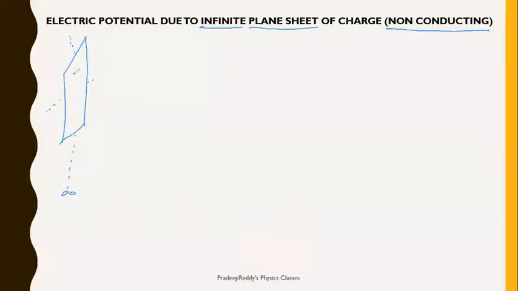Charge will be there even on the surface also. So if we take a sheet, even though it is a very thin sheet, for electrons its width is very large because electron size is very small, of order 10 power minus 31. For an electron it is very large, but for us its thickness is very small. Mostly you may take 1 millimeter. 1 millimeter is very small for us, but for an electron 1 millimeter is very large.